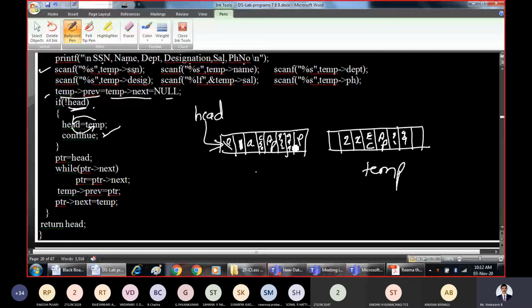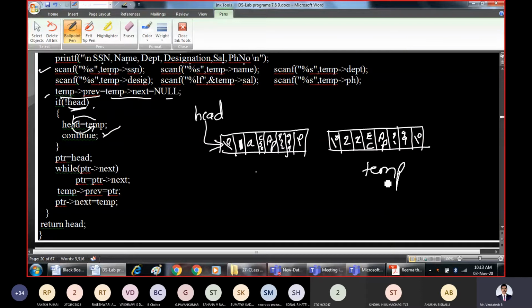Okay. Then make these two point to null. Temp pointer previous equal to null. Temp pointer next also equal to null. Now what is the job? We have to perform linking between these two. So it's very simple, right? Because we have head which is pointing to this node, and temp which is pointing to this node.